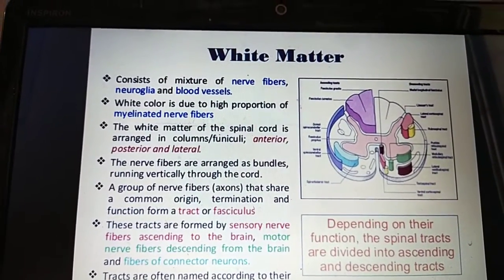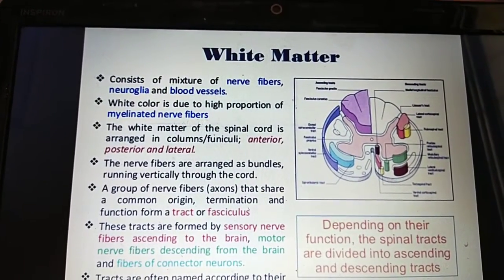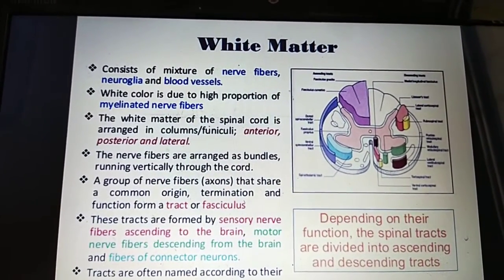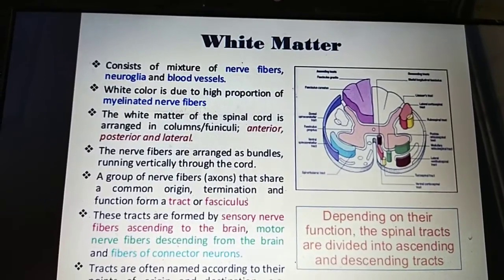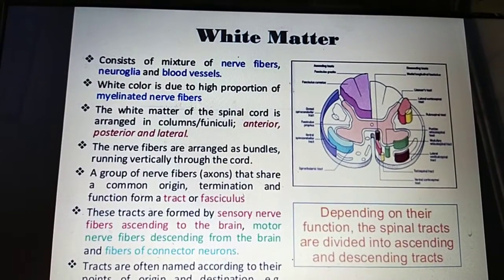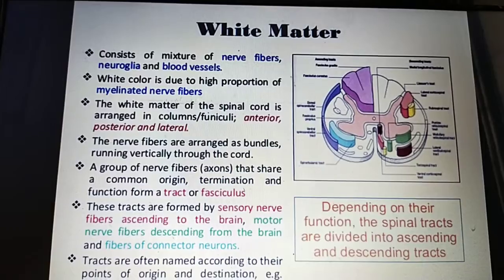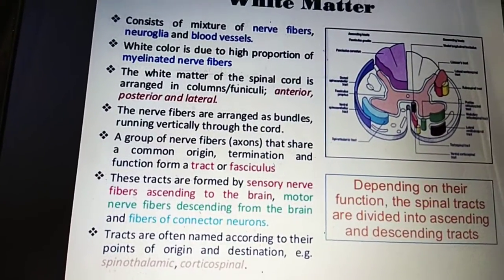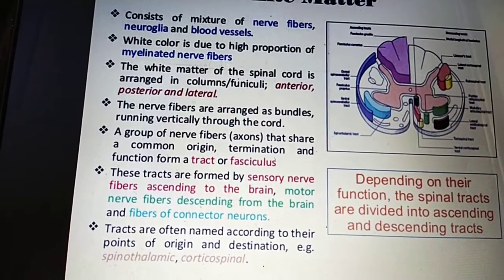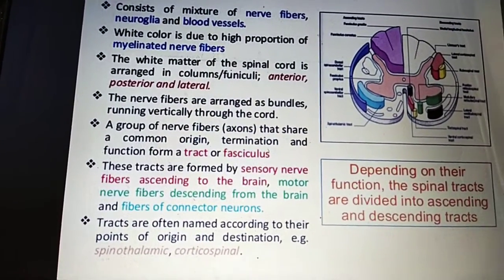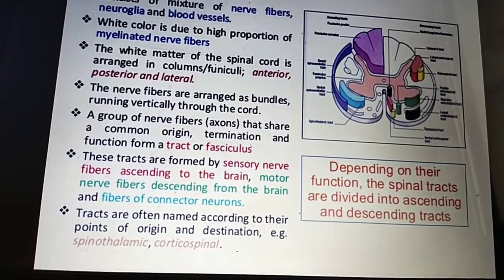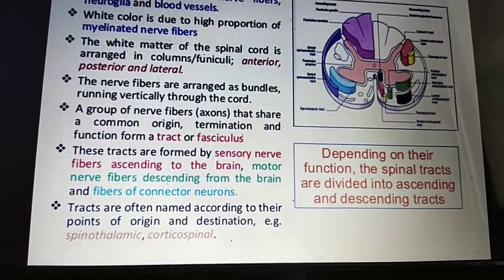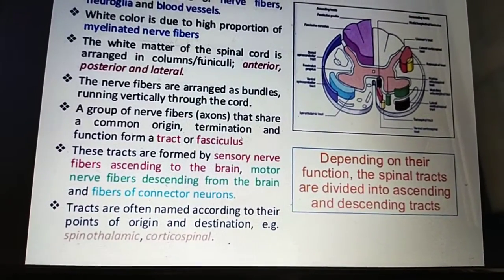The nerve fibers are arranged as bundles running vertically through the cord. A group of nerve fibers that share a common origin, termination and function forms a tract or fasciculus. These tracts are formed by the sensory nerve fibers ascending to the brain, motor nerve fibers descending from the brain, and fibers of connector neurons. The tracts are often named according to their points of origin and destination. Example,